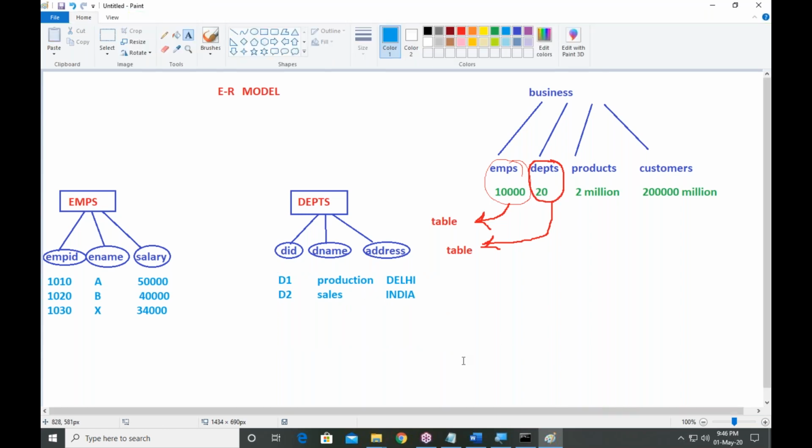According to your business, just think sensitively. According to the business, does every employee compulsorily work under a department or not? Yes. Each department should contain some employees, right? Yes.